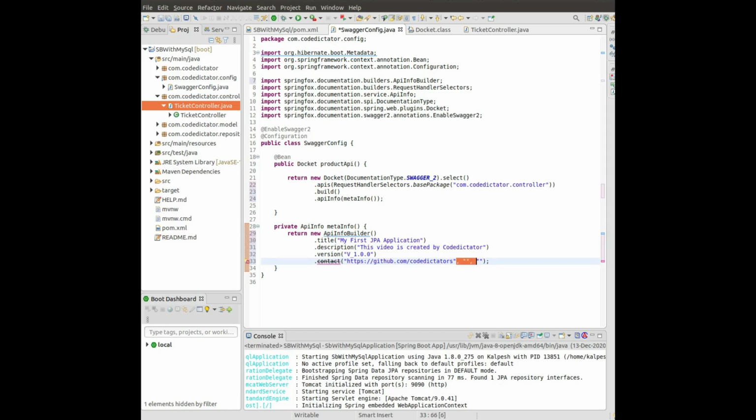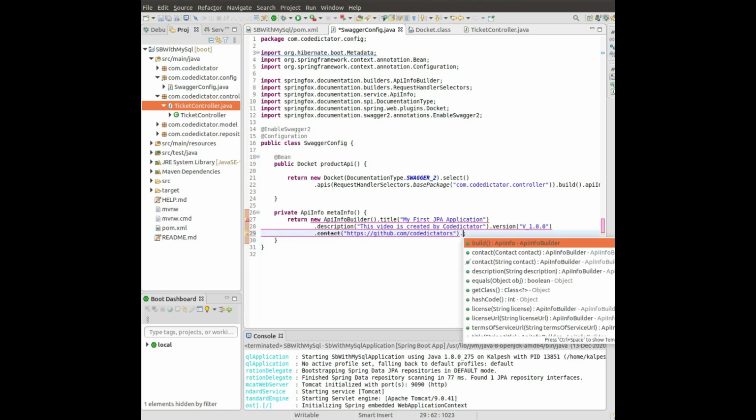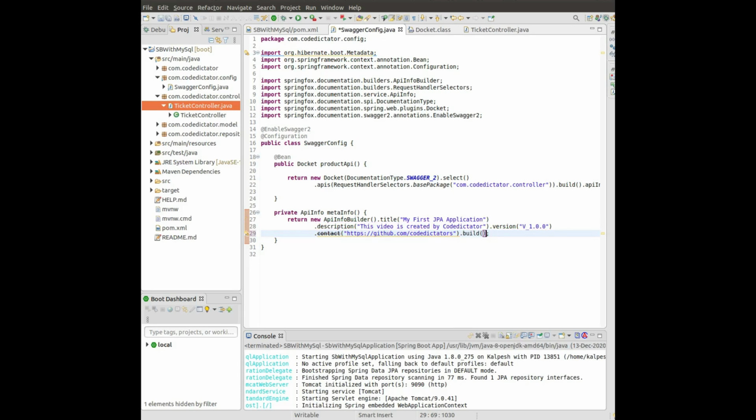Contact, yes. And finally, once all the setup is done, we need to build it. Okay, again, Contact is deprecated, because in Contact we need to create an object of Contact, so we can say new Contact,